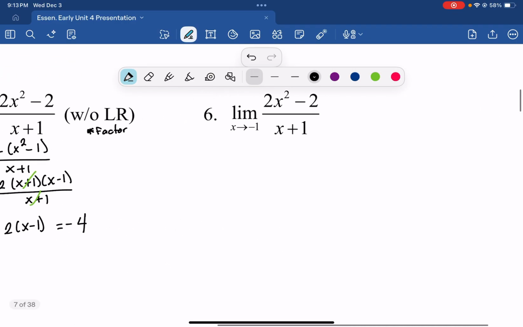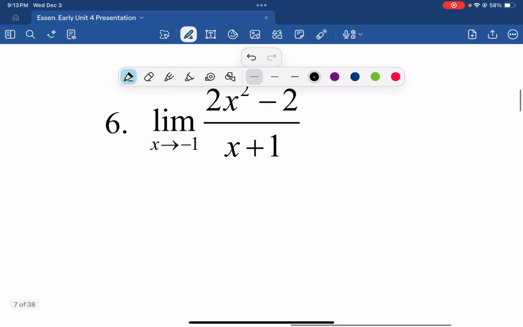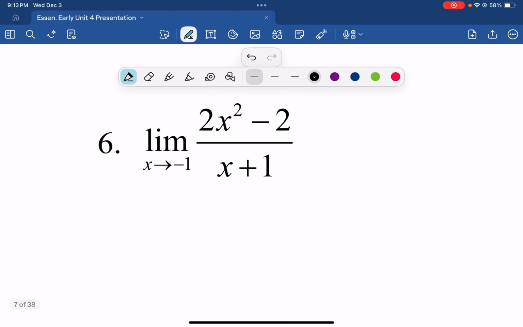Okay, next, 6 is the same limit, but this time we're going to see if we can apply L'Hopital's rule instead. So the limit as x approaches negative 1, right? We already know that that denominator, if I plug in negative 1, I get 0. So let's kind of think about that